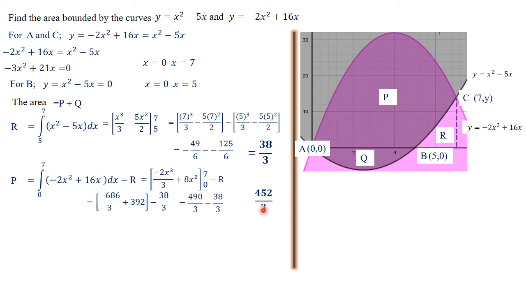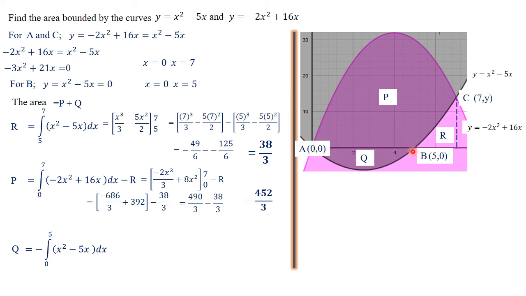We need the value of the area of Q. Sorry, the area for Q is integration of... You see, it's below the x-axis but above the curve x squared minus 5x. So now that it's above that particular curve x squared minus 5x, it's going to be a negative answer. But you're going to ignore the negative value and use it as though it's positive, because normally area cannot be a negative answer. Again, the limits are from 0 to 5 because those are the 2 points where the curve